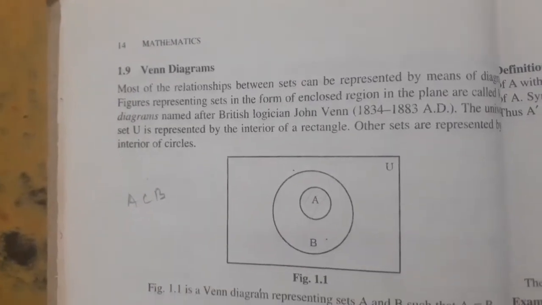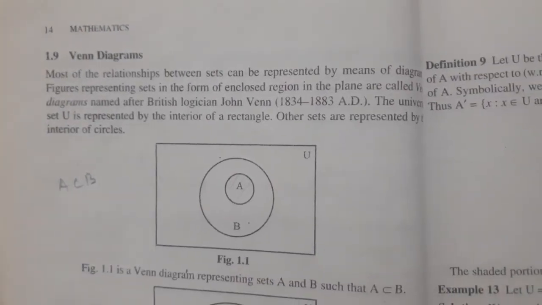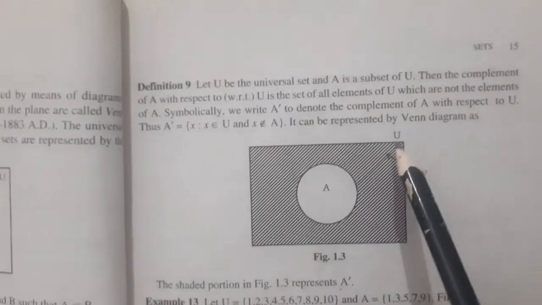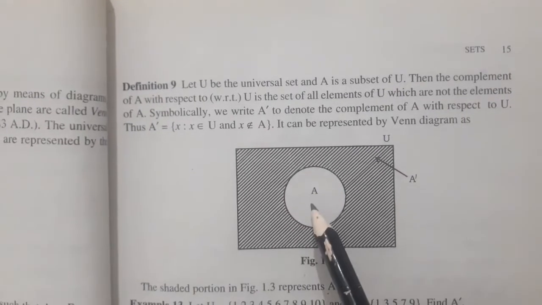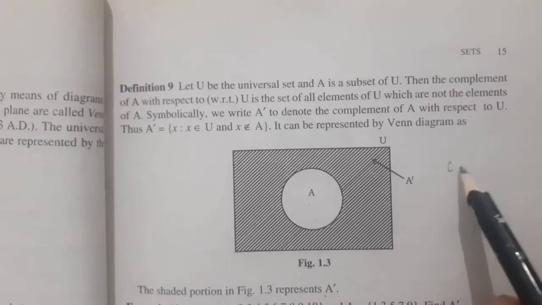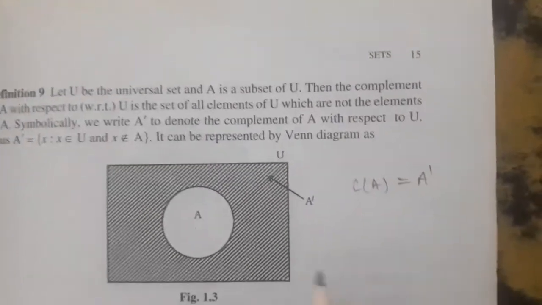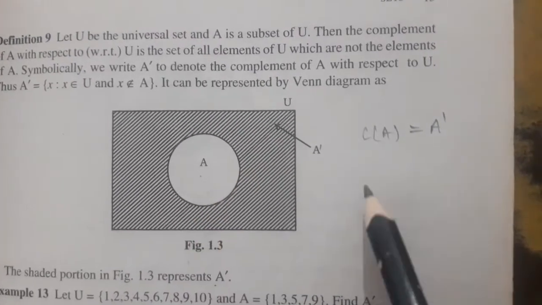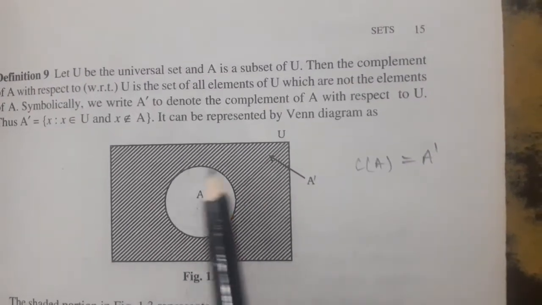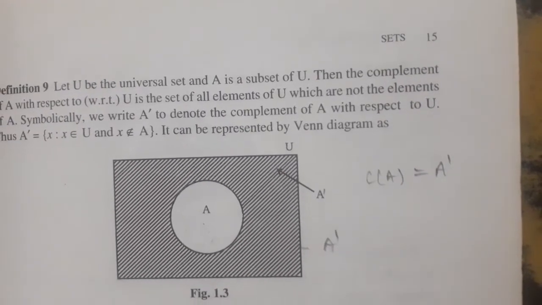I have already explained the complement of a set. What is the meaning of the complement of a set? To define the complement, it is necessary to first take the universal set. The universal set we can represent with the rectangle U. Then take a set A. The complement of A, we can say complement of A or A dash. A dash means the set of those elements which belong to U but do not belong to A. ऐसे एलिमेंट जो U में हो A में ना हो, तो ये जो शेडेड पोर्शन है it represents the complement A. We can say this is complement A.